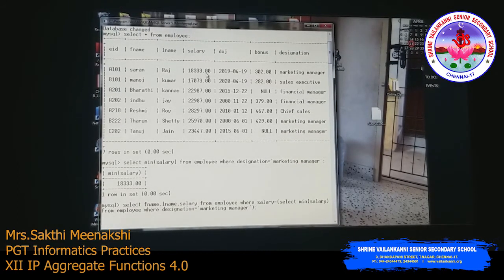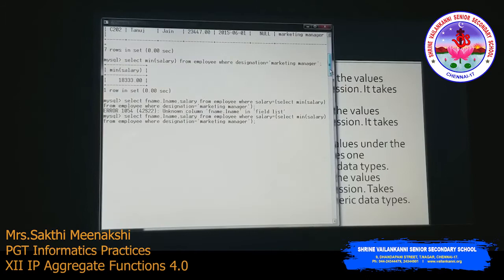So this query fetches the name of the marketing manager who is getting the minimum salary. Let's see the output. Saranraj is the person who is getting minimum salary in marketing manager, right? So this is about max function and min function.